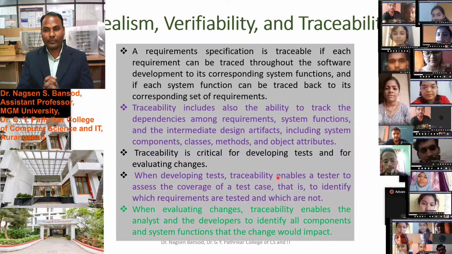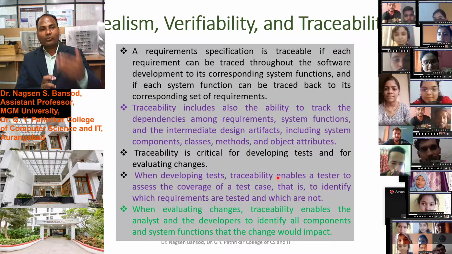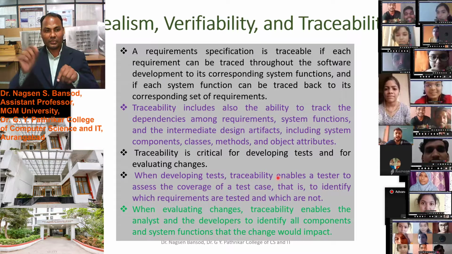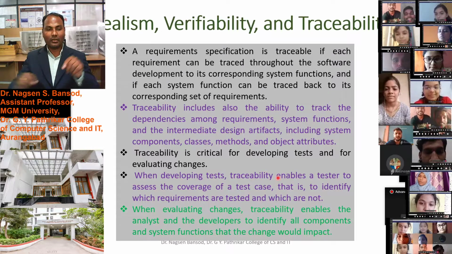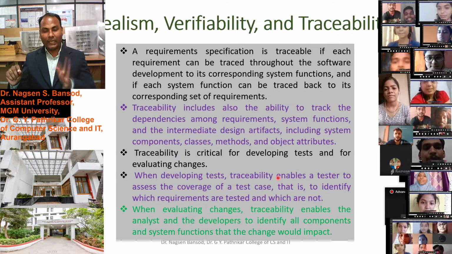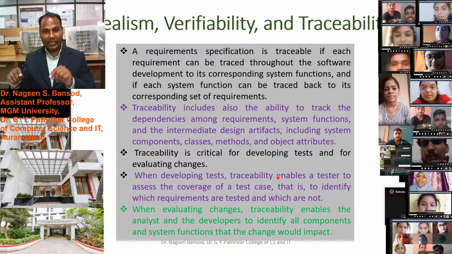As well, at the time of requirement elicitation, we have to write all these functions. What will happen if there is an error in function number 3, how to find that fault, we have to mention that.